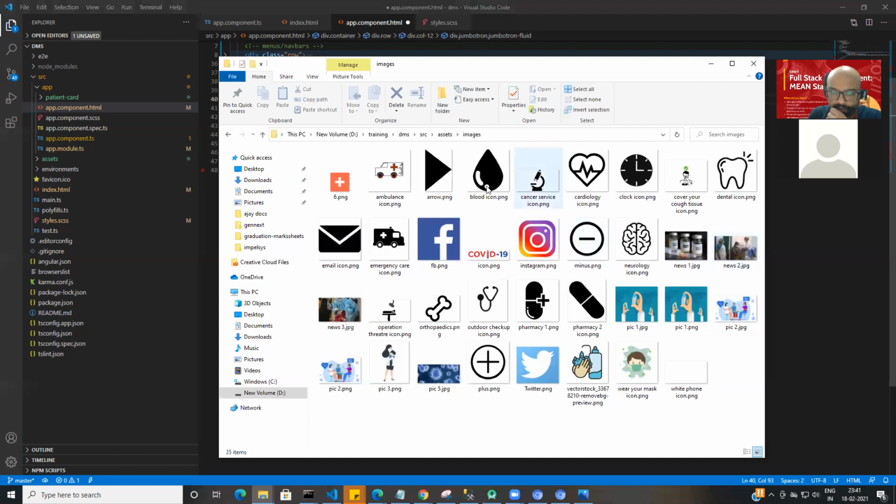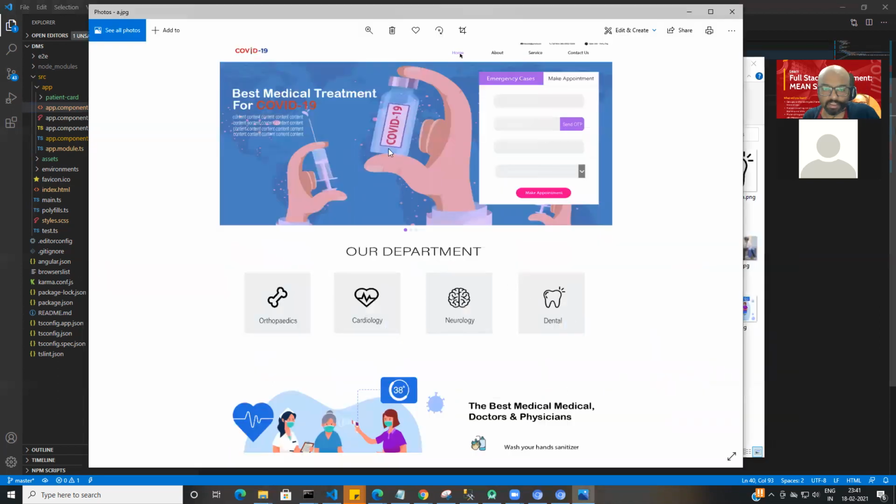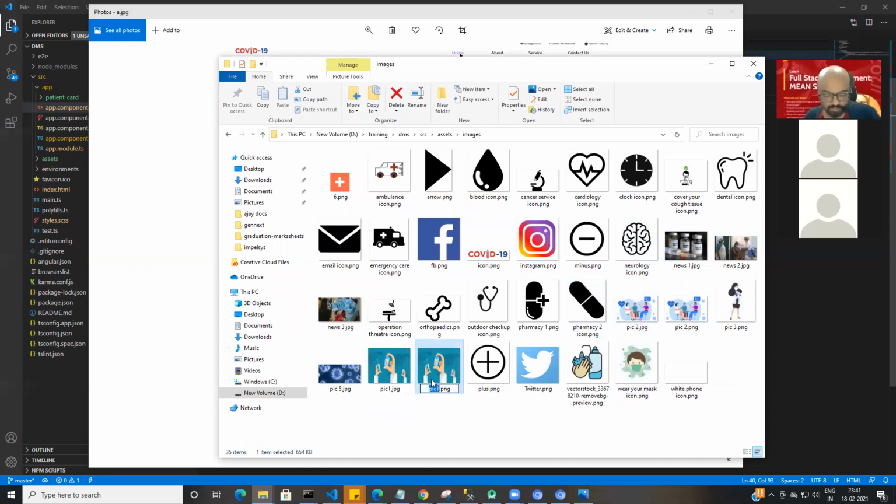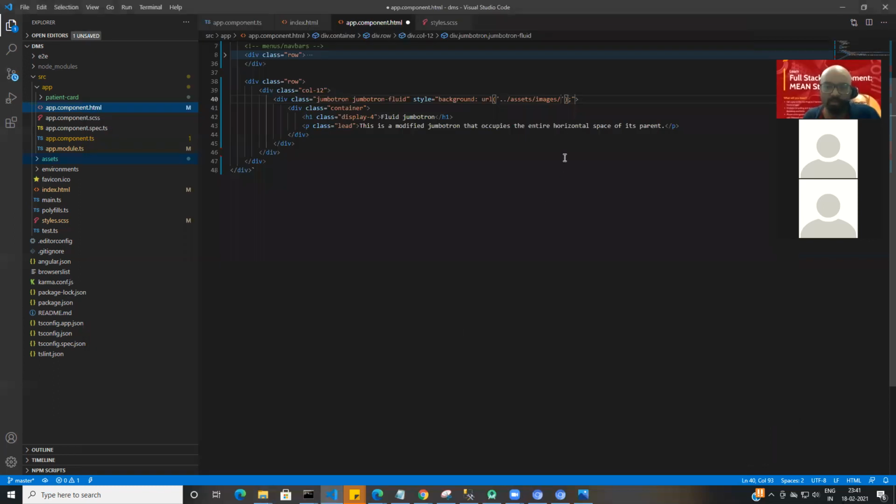Garima, which one is this? Let's check. Garima, picture one, pick this one. Picture one, this one, right? Both are the same. Either I take pick one or I say pick one PNG. It's already in PNG format, so let's use PNG. So this is the file name .png. Let me use this one. So here I say pick one PNG.